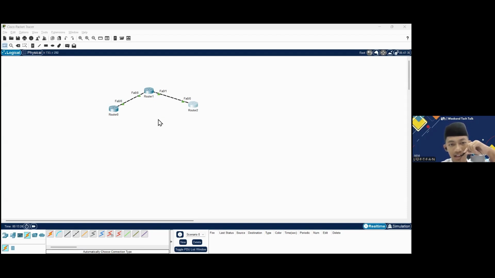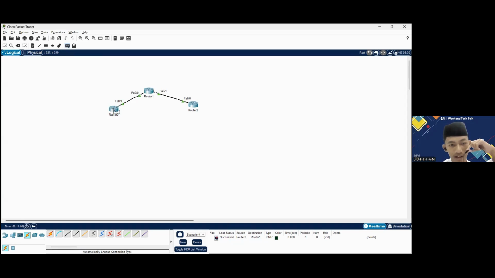Okay, notice that the router is already activated and connected. But we can test it. At the top you can use this tool named Add Simple PDU, or you can just type P on your keyboard, and click from router 0 to router 1. At the bottom there is the status, which is successful from router 0 to router 1.